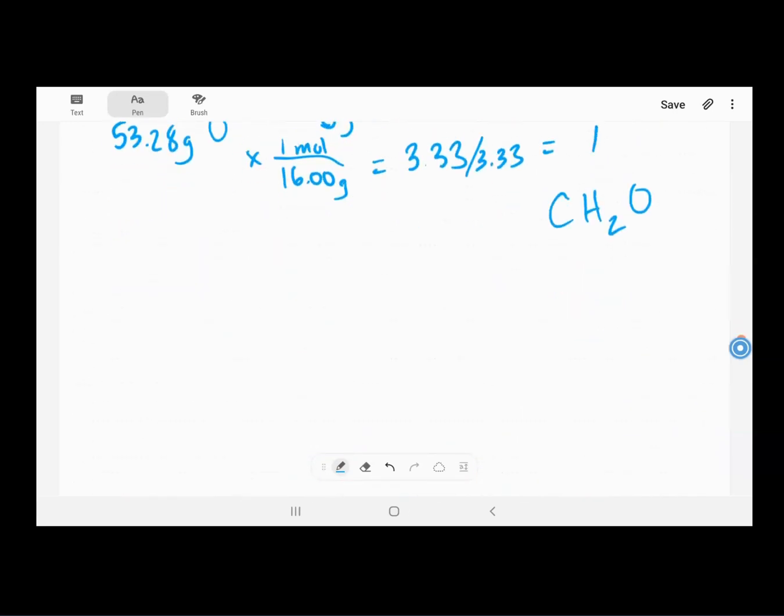So if the real molar mass is 180.162, let's see what our real formula is going to be, our molecular formula. So we're going to need to find the molar mass